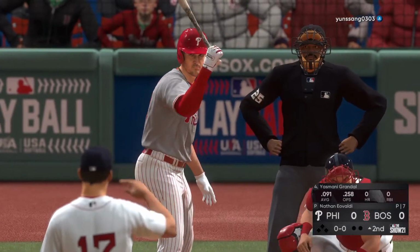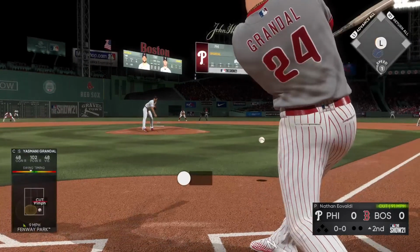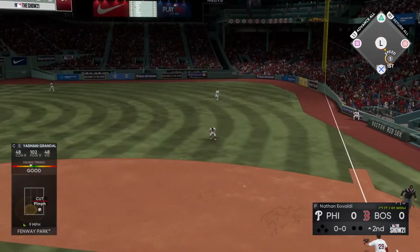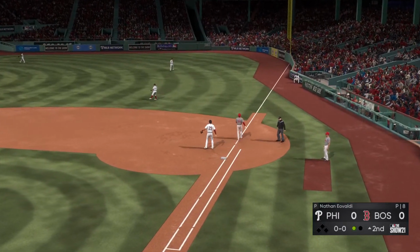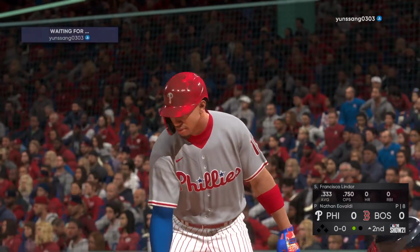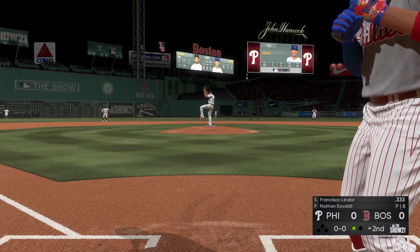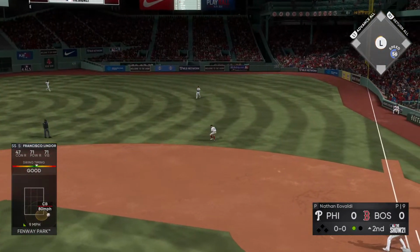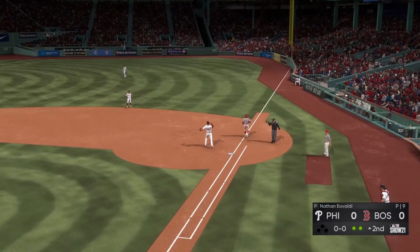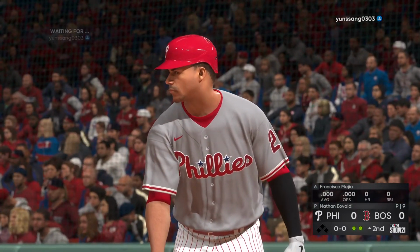New inning set to get underway. And up next, the switch-hitting catcher, Yasmani Grandal. Now here's the first offering. Grandal rips it on the ground to second. Altuve has it. On to first, and there's one gone here to start the second. So bases are empty with one gone. Bring up the switch-hitting shortstop and perennial MVP candidate Francisco Lindor. There is Altuve. And very quickly they're two gone to start the inning. Stepping up is Francisco